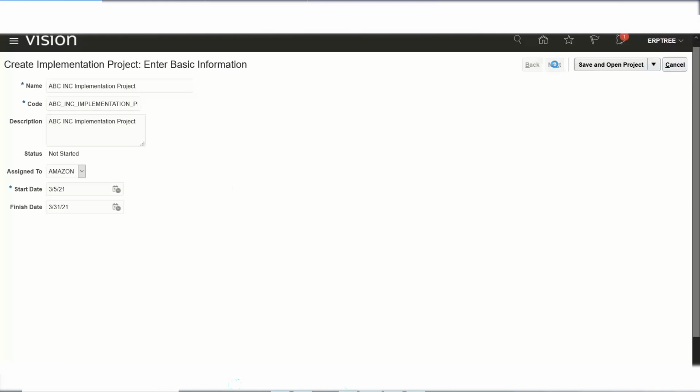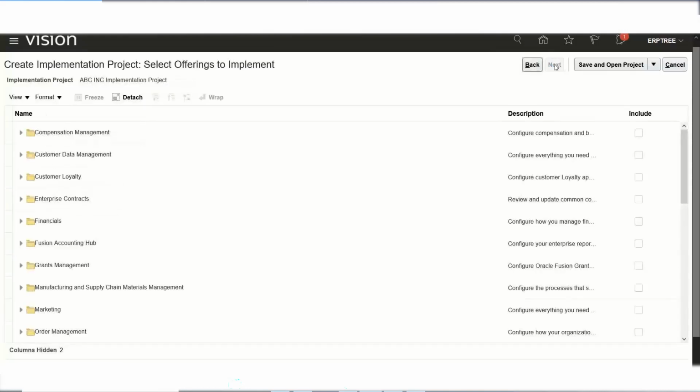Now the system will display all the offerings which are enabled in this instance. If you don't enable the offerings and options in this instance, you don't see those. Whatever you see here are the offerings and options. You can see financials, because the financials offering is already enabled in this instance. Now you have to include, as part of our client called ABC Inc.,